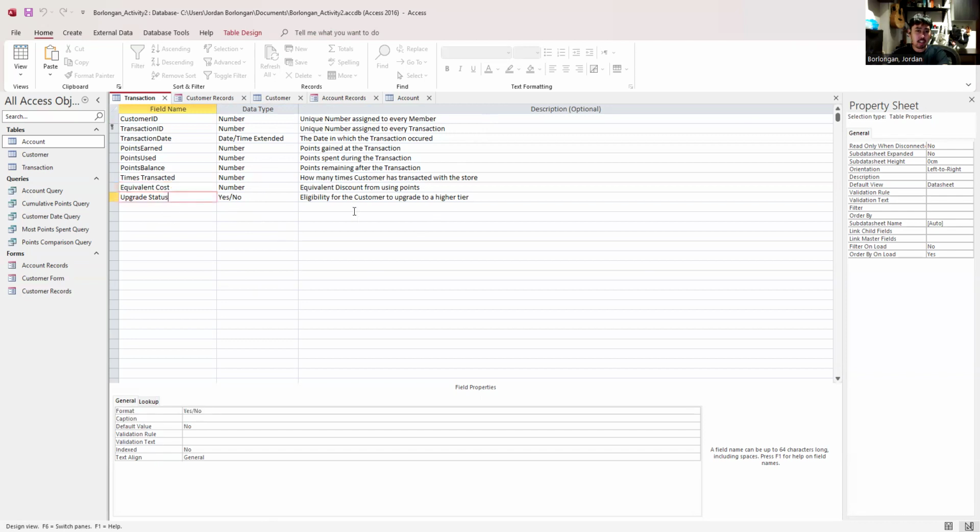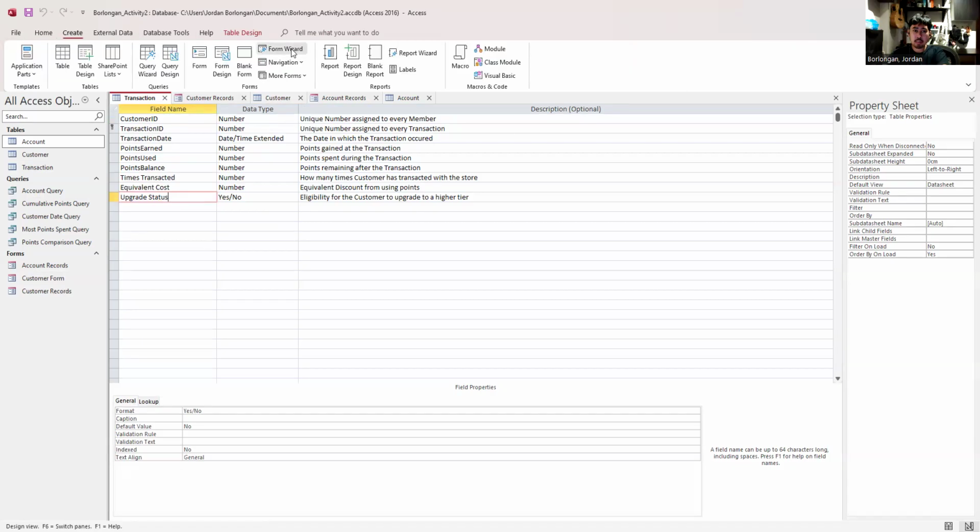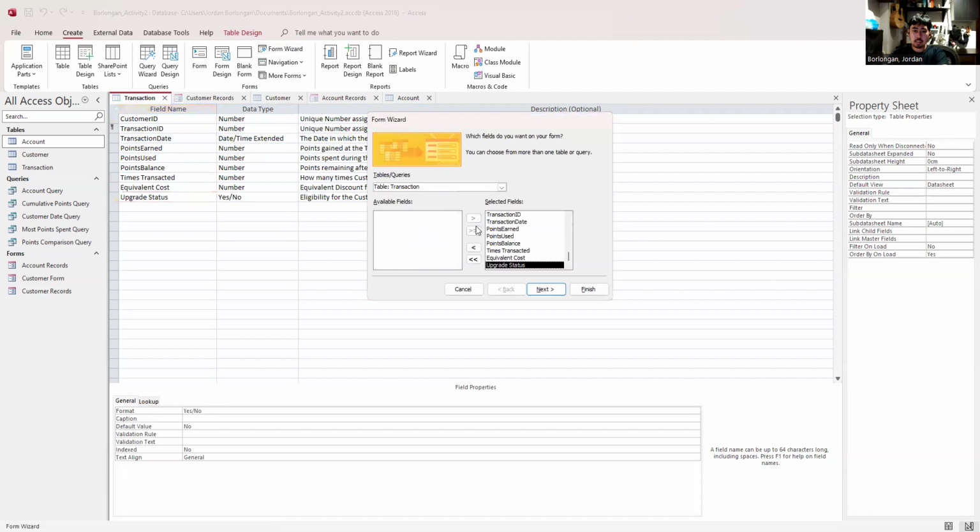And upgrade status. So since my membership, it has higher tiers. So if a customer accumulates enough points or enough purchases or something of the like, they can upgrade to a higher tier and receive higher privileges. So let's create the form. Let's create form. There. So I'll just select all transaction